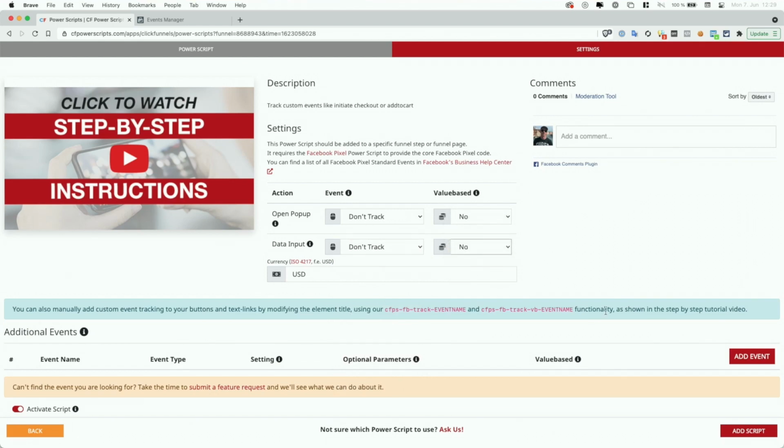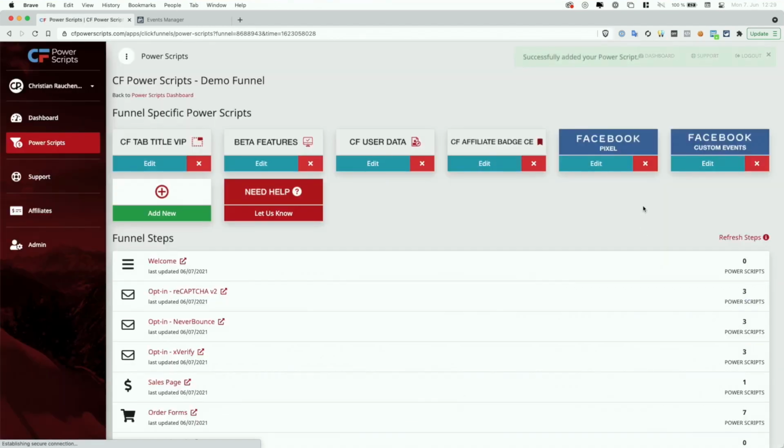Because when you add it to the funnel specifically, you're basically doing so you are able to use those two features here, which allow you to trigger custom events when people click on a certain button or text link, for example. And the other features are more step specific, so we're going to add the same script throughout this video to other funnel steps as well to basically show you the benefits and function of each of the supported features. So with this set to don't track, we simply click on Add Script to add the Facebook Custom Conversions PowerScript